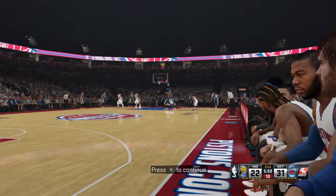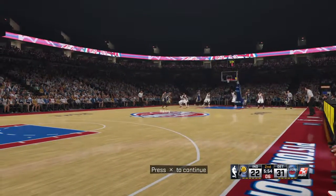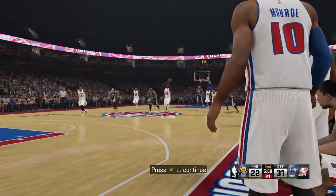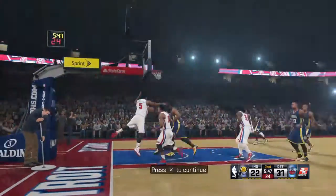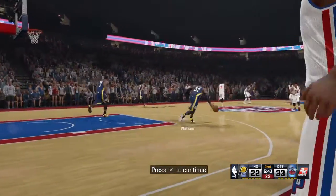Watson, the pass to West. He kicks it to Henry. Shot clock at 6. They swipe it. And they're pushing it up. And he takes the feed in stride and slams it home. You know, regardless of who starts the break, it seems like...